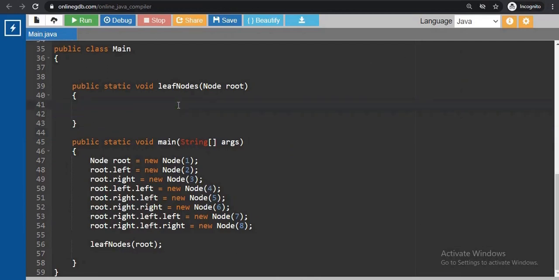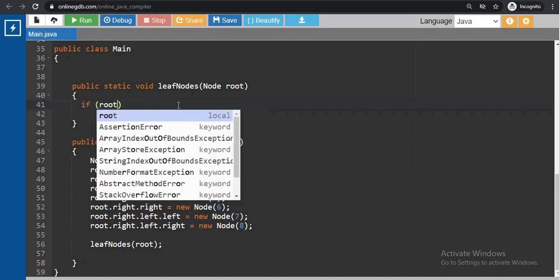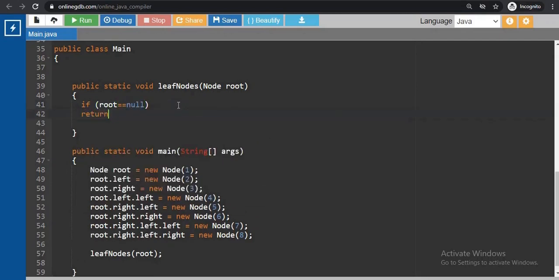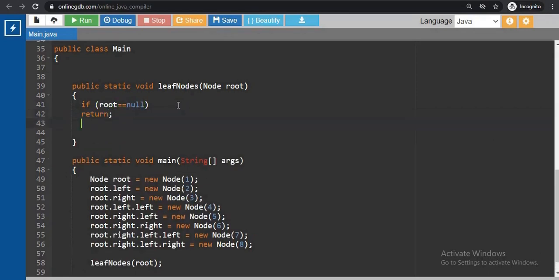As I told earlier, in every recursive problem of the binary tree data structure we have to apply one common check, right? And what is that? It is to check whether the root is null or not. If it is null, then we can't do anything, simply return nothing, right? But if it is not null, then the main operation starts. So if root is equal to null, it returns nothing, and if it is not null, then our main task starts.